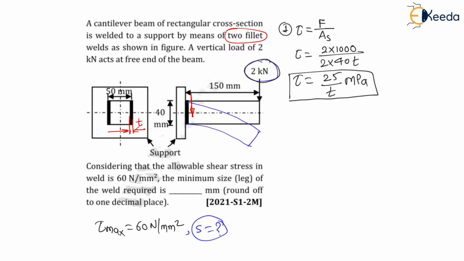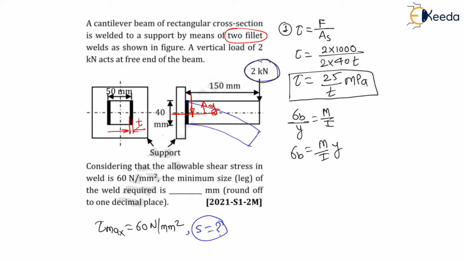Right. Again there will be a bending stress, my dear students. As it is bending, there will be a bending stress, and bending stress will be calculated using the bending equation, M by I is equal to sigma b by y. Sigma b by y is equal to M by I. This is the bending stress equation. Therefore this bending stress induced will be equal to M by I into y. Now my dear students, y is nothing but the vertical distance from the neutral axis. Here the total weld is for 40 length, therefore the half will be the y.